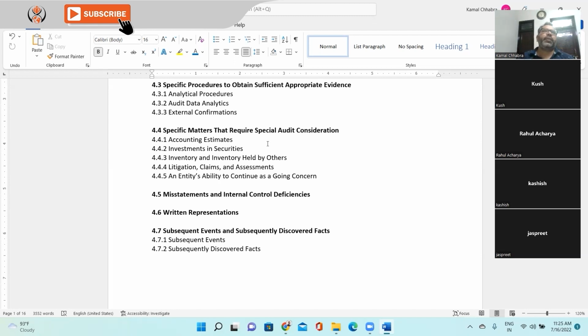Yeah, absolutely true. If they have their own inventory, Amazon's own products also coming in the respective area, that is their own inventory, which is lying in the different warehouses. So that will be inventory held by a third party. If the warehouse owner is someone else, not Amazon, for example you are having a warehouse and Amazon is storing its inventory at your place, then for Amazon, it is inventory held by a third party.